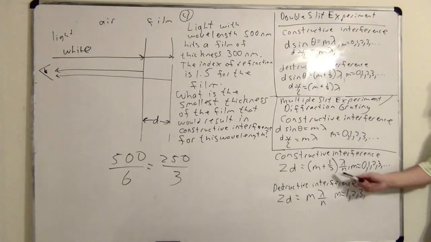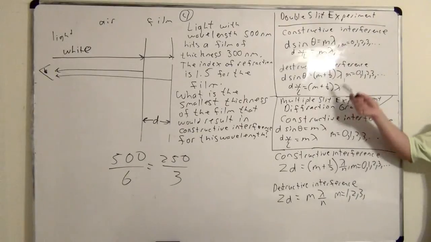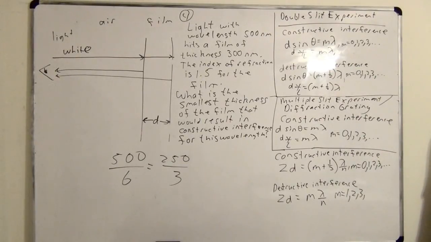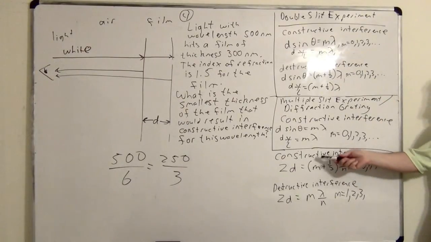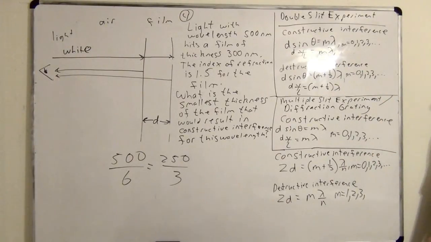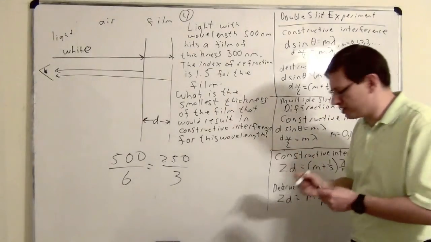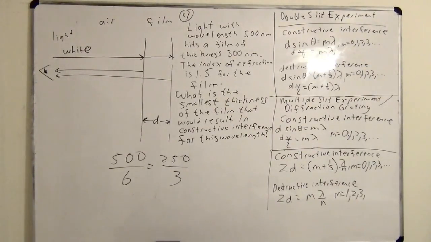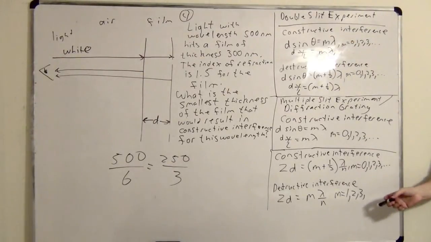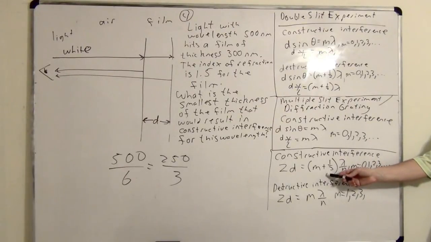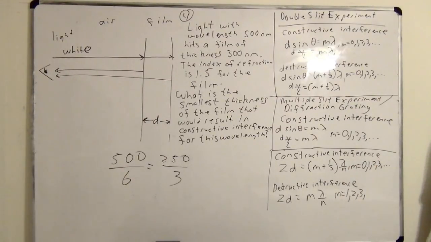So remember that the equations kind of look different for the thin films than they do for the double slit. For the slit experiments, the 1/2 is in the destructive equations. But for the thin film, the 1/2 is in the constructive equations. So what you should do, I guess your midterm is next week, so you should be starting to put your cheat sheet together for the test. So this part of the board here, this is what you need in your cheat sheet for this week's material. These are the key equations that you're likely to need on the test. And the safest thing is to actually look them up. Because remember, if you rely on memory, you might misremember this equation because the 1/2 might make you think it's destructive when it's really constructive.